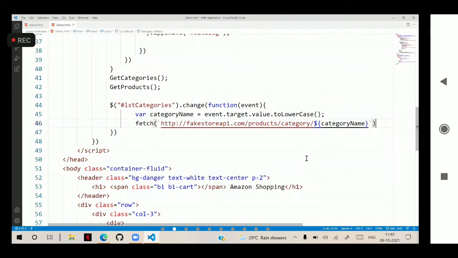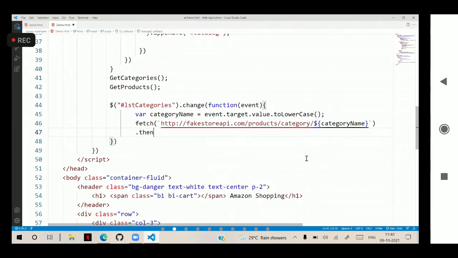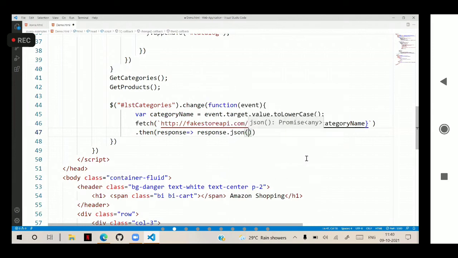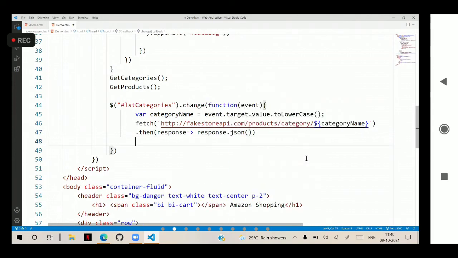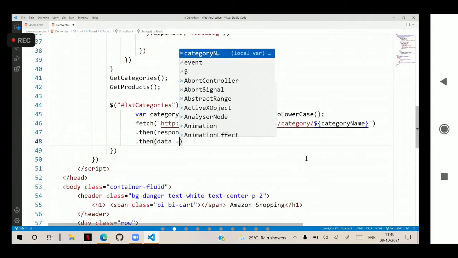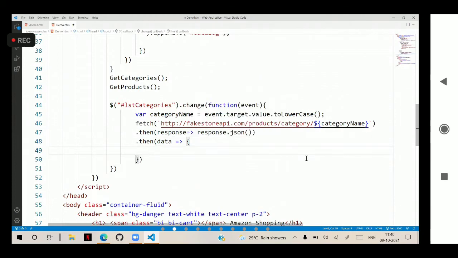And after that, dot then, response and response.json. After that, dot then, the data will come. Now this data should be passed into this get products actually.